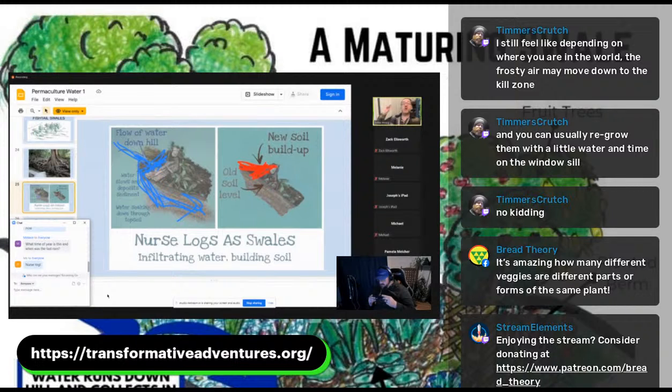Or you can just throw a big log down on there. And it turns out in research, side-by-side comparisons of trees that have been mulched completely with wood chips and trees where somebody just threw down a log there, like a lazy guy, that the lazy log guy's tree actually wins and beats